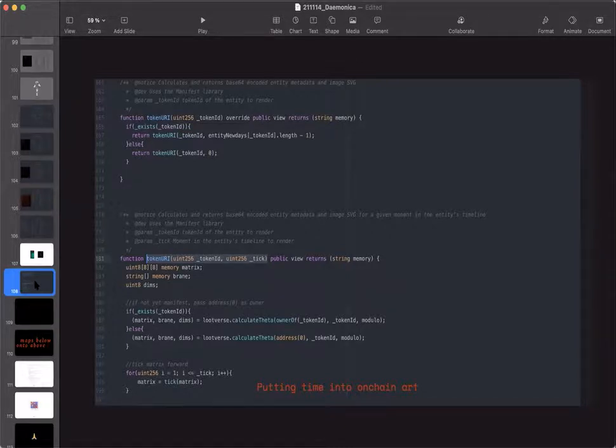Anybody can take an entity and build on top of it. They can say, hey, in the same way that Daemonica entities ingest the other NFTs and create a different output based on them, I'm going to do that. I'm just going to use Daemonic entities as one of the dimensions in my universe. And because that's constantly moving, we're going to get some interesting movement. Cool. But the other thing that we offer up, the last spell or function or operation, is